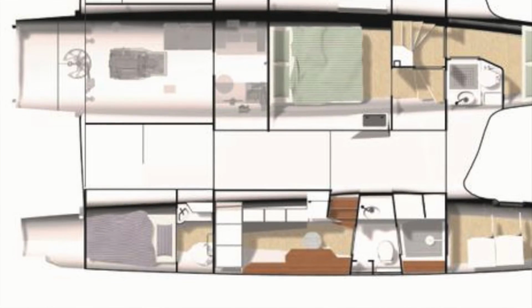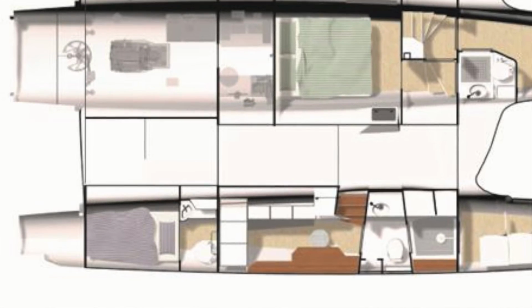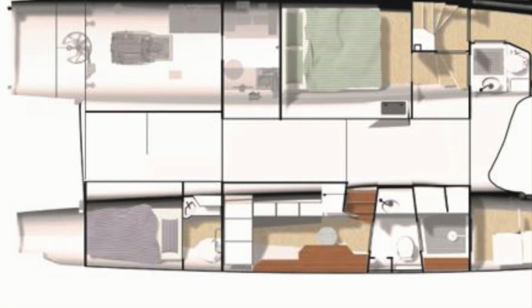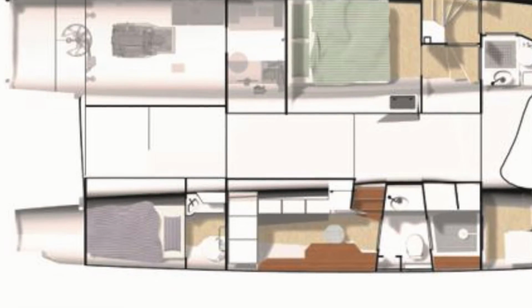As we look at the center hull here, this is where I'm dying to see what reality looks like. That bed looks like it could actually be slimmed up so you could have full three-side access. I'm a little disappointed in that